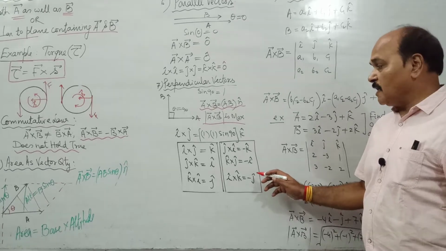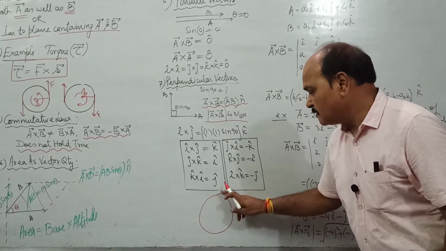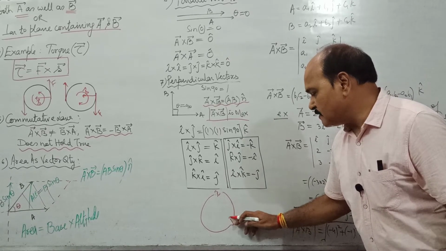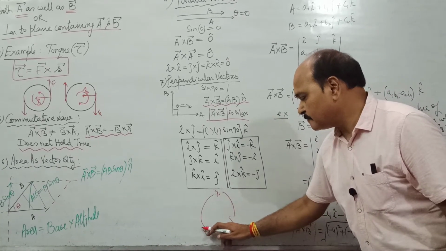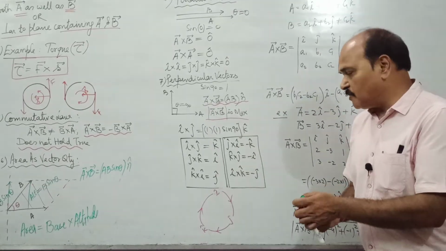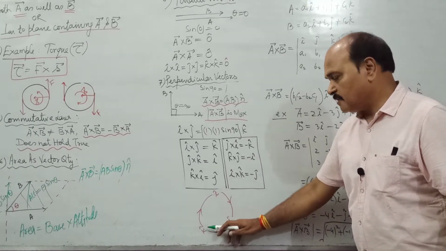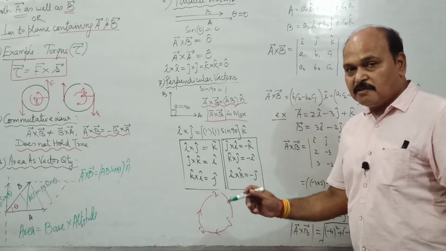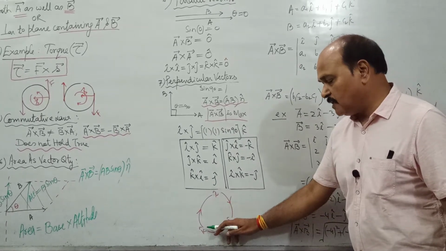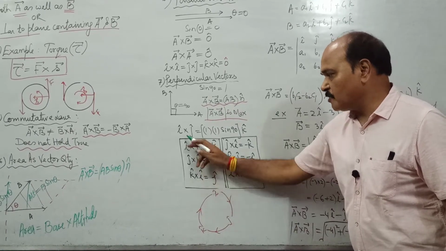Minus J vector. And if we wish to remember all these 6 results, we have to make a circle like this. And at 3 places over its circumference, you can write down I cap, J cap and K cap. And you can make arrows like this in clockwise direction. See, if we move in clockwise direction, I cross J is equal to what? K. If we are moving in the clockwise direction, the cross product of 2 is equal to plus times the third one. So I cross J is equal to K, J cross K is equal to I, and K cross I is equal to what? J. This is what is written here.